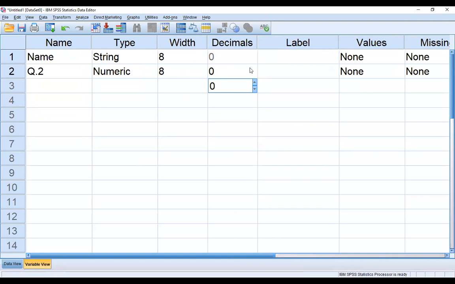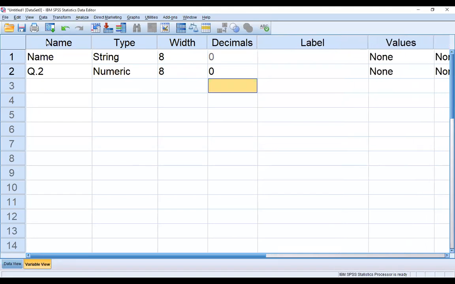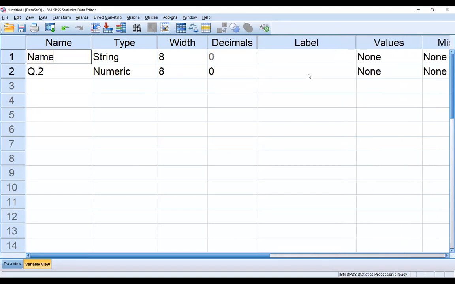Okay. And the next is, if my question is a long question, we do not have enough space to write the question here. So in the label, we write the whole question. My question was related to the name of the participants, so I will write here in SPSS the name of the participants.